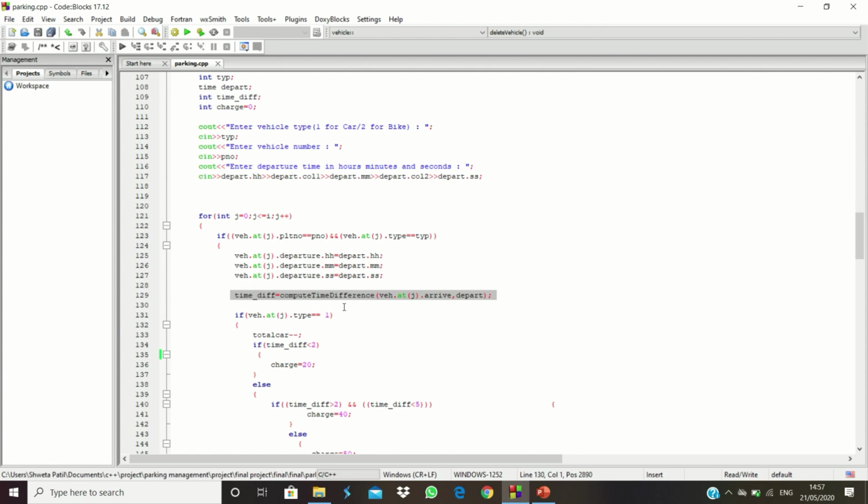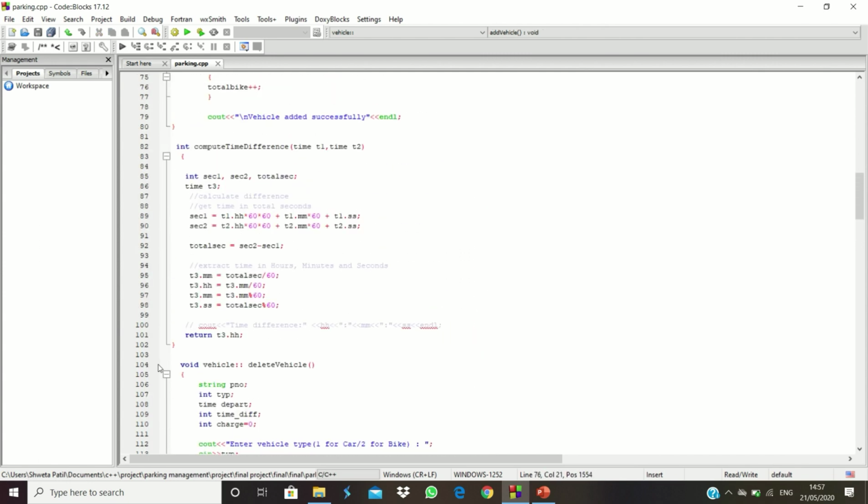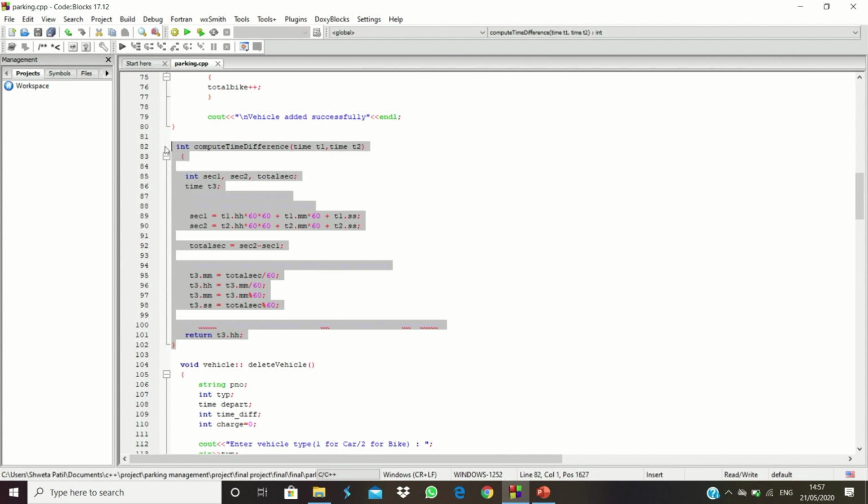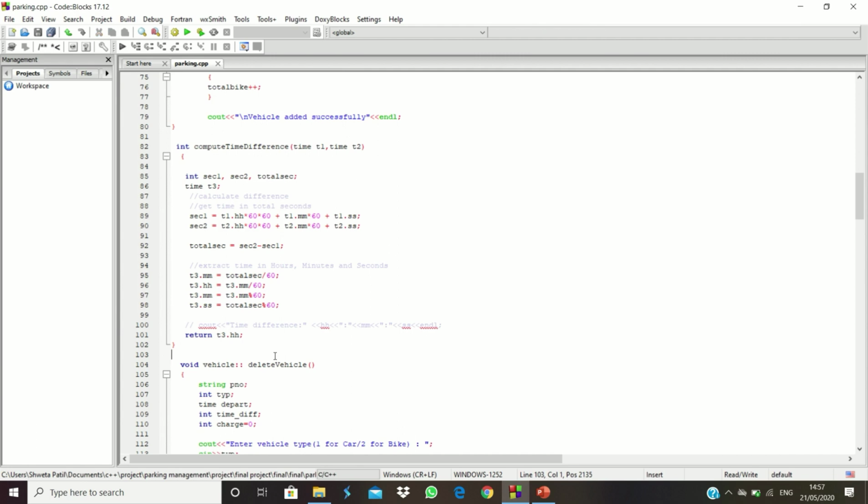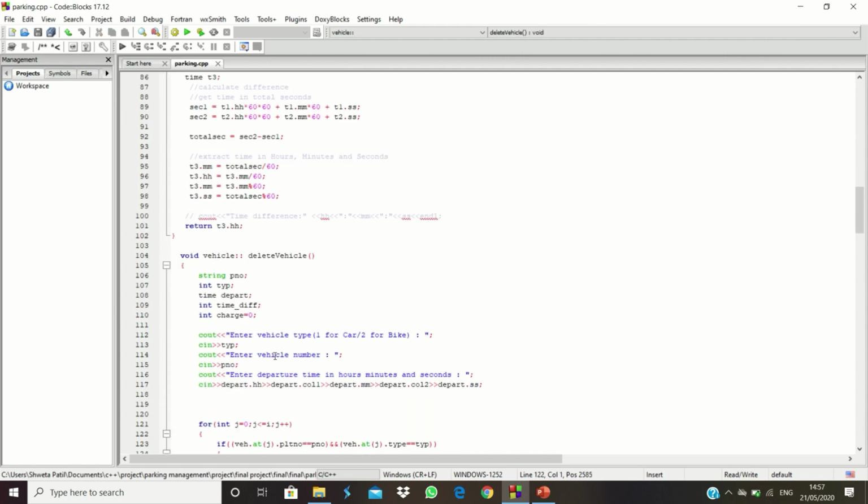I have already created a compute time difference function which takes two time values and returns an int value. It will actually return only the difference between the hours.